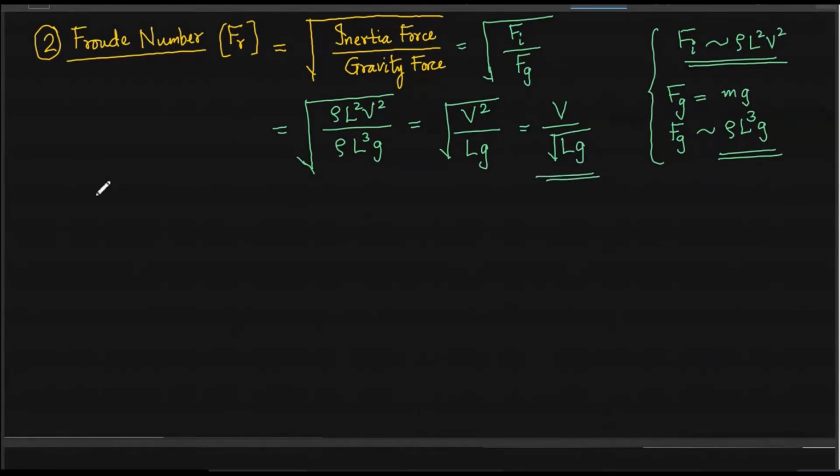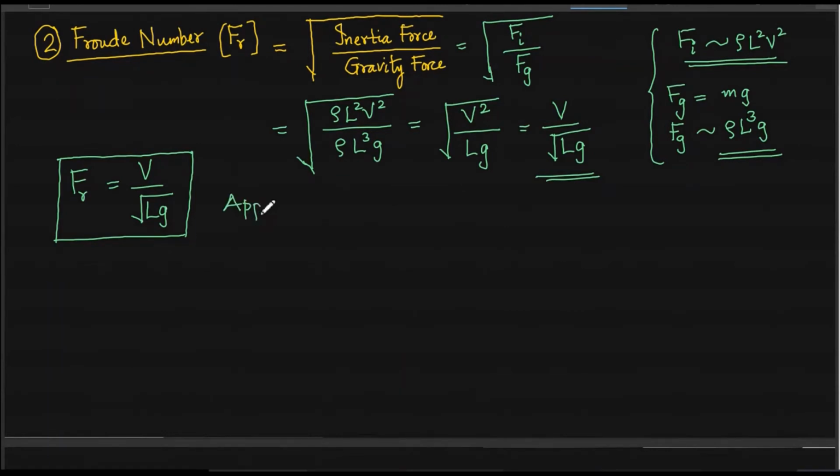So hereafter, whenever you have to consider Froude number, we will make use of this: Fr is equal to V divided by root of Lg. And again the question is, what is V? That is flow velocity, L is the characteristic length of the flow problem, and g is the gravitational acceleration, whose mean value we take in SI units as 9.81 meter per second square.